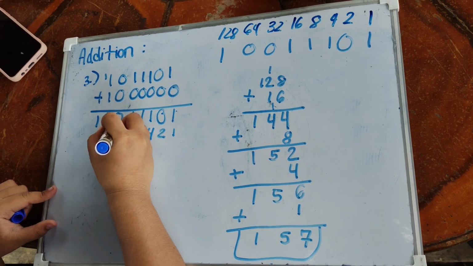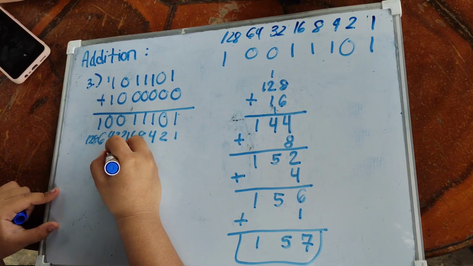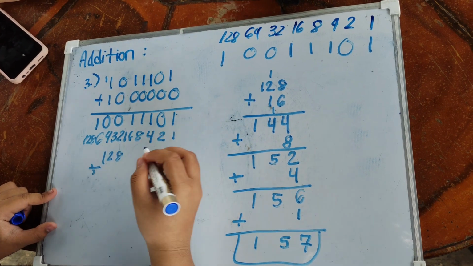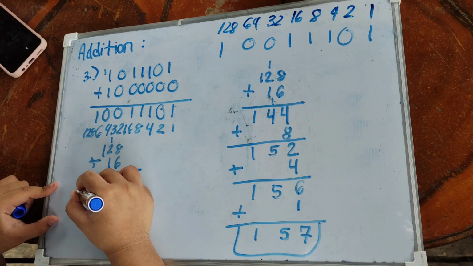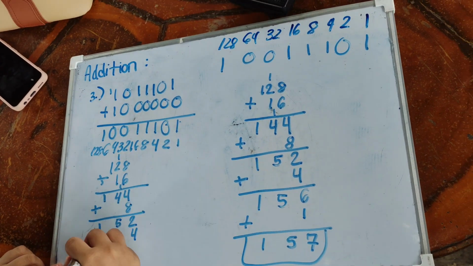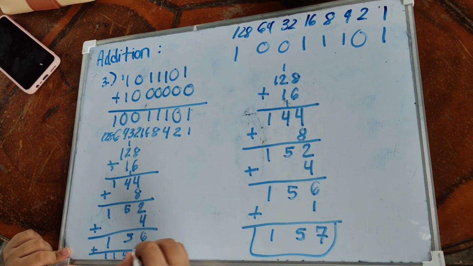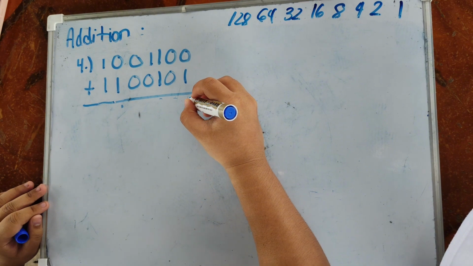To fully confirm this answer, you may convert the original equation to decimal. So 1011101 equals 93, and 1000000 equals 64. If you add those both together, you get the sum 157. Now here we are in our last given,